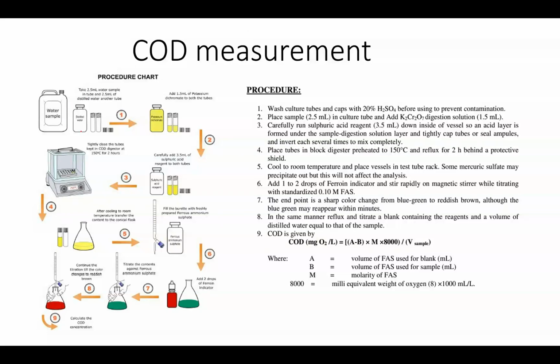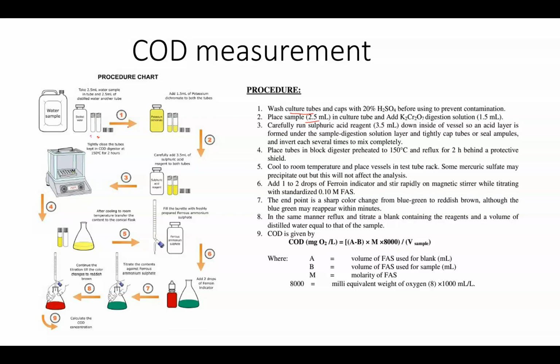Here you have to take distilled water and your sample, the sample whose COD you have to measure. That is, you have collected some wastewater, and then you have to measure the COD. For that, you have to take that water, and there should be distilled water also for comparison. Before starting, you have to wash the tubes with H2SO4 to prevent contamination, and then ideally you take around 2.5 milliliter of the water samples